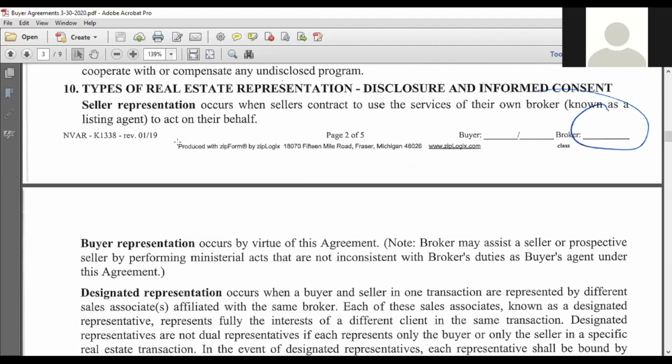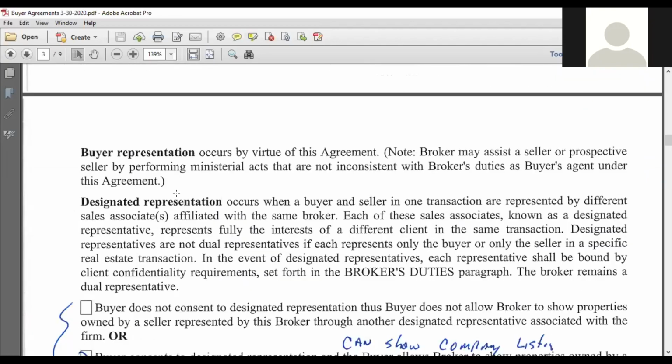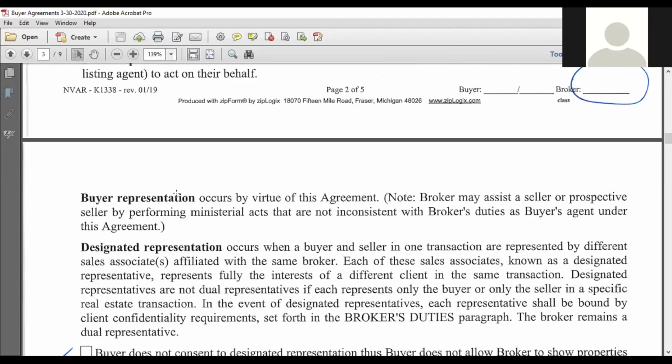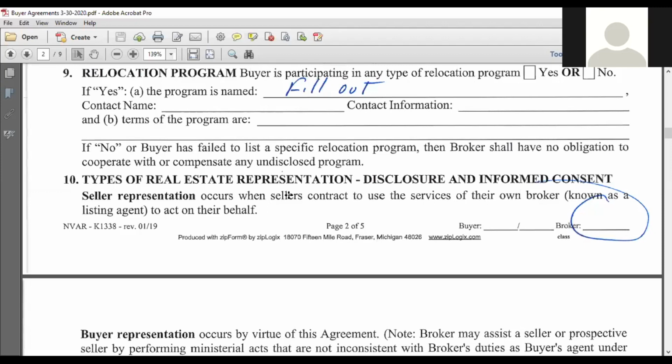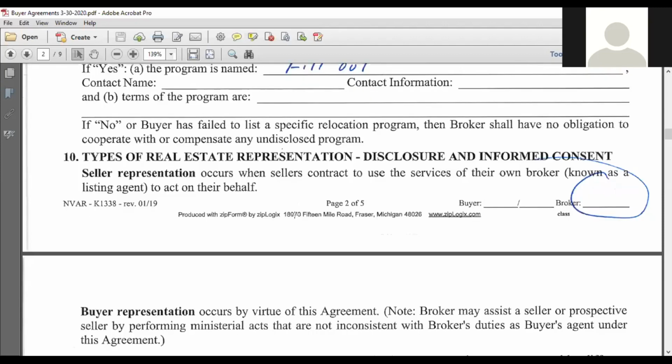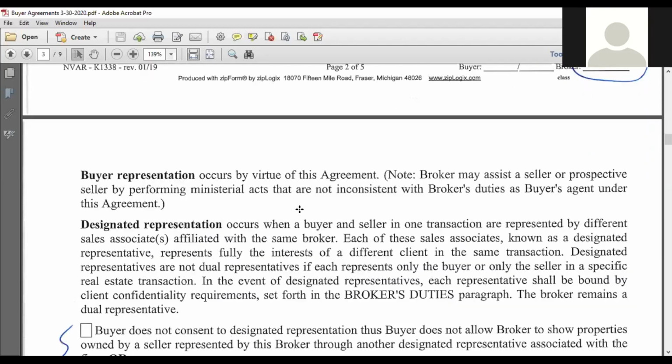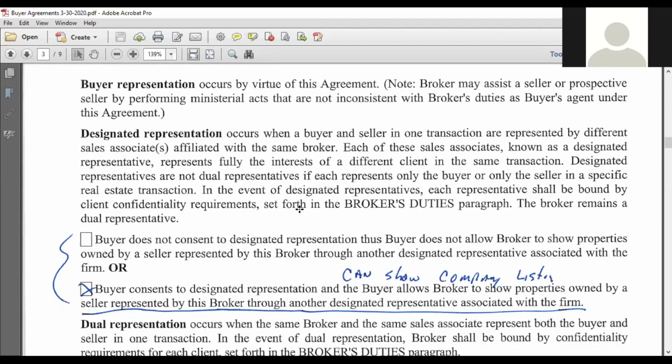It also talks about representation, seller representation, buyer representation, designated and dual. You need to know this in and out. Most layman consumers out there don't understand the difference, but you need to. So let's talk about designated representation. So you have your principal broker and you've got two people in the same firm. So let's just say